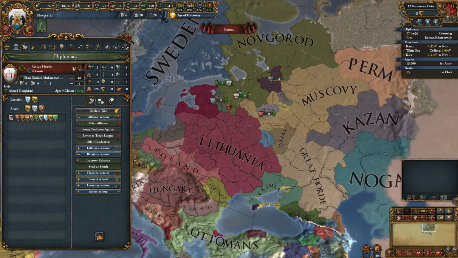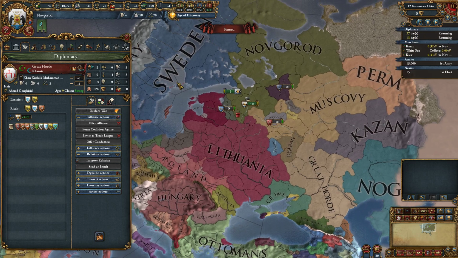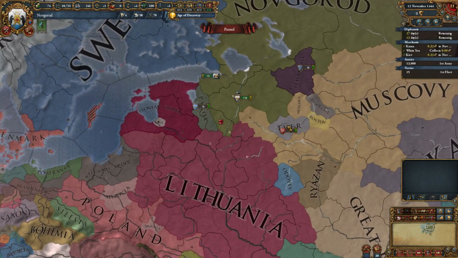So I think what we should do is improve our relations there, and then I'm going to call him back to see if I can get him in 13 days. Yeah, we can get him back. Once this guy's back, we'll send him out to do Great Horde relationship improvement. I think Tver,